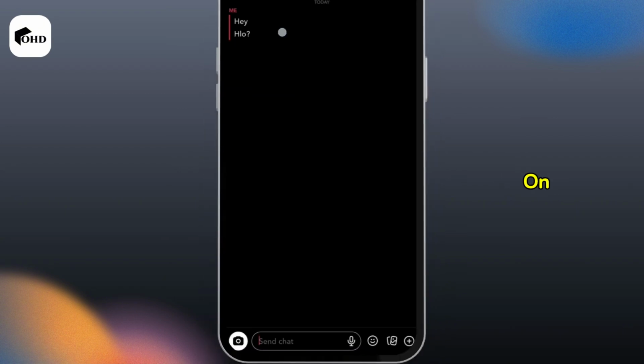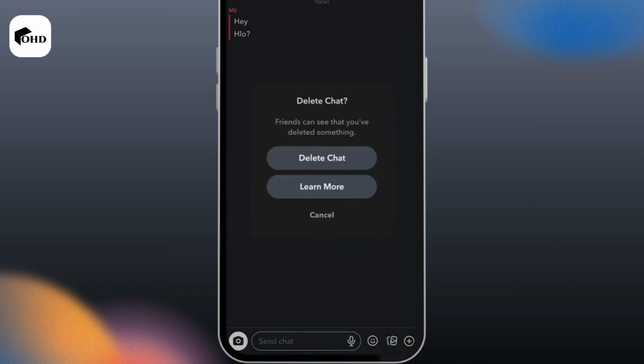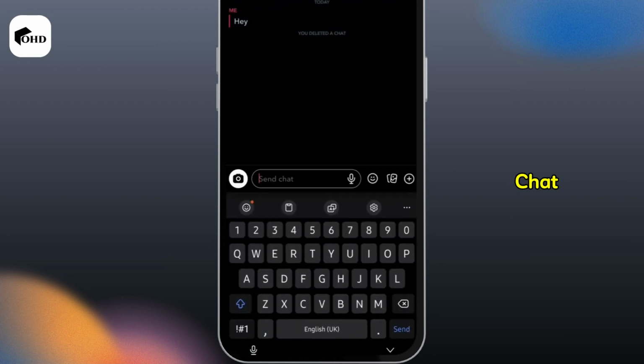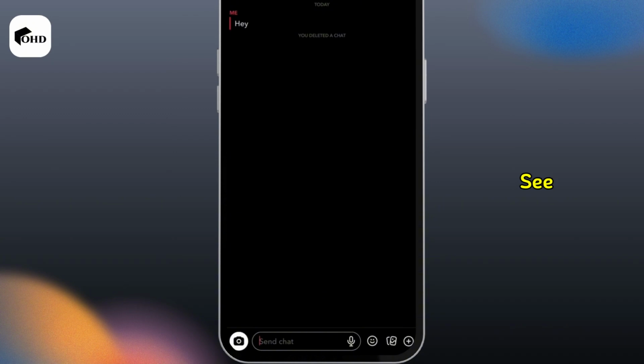So I'm going to tap on this specific message right here, this hello message. So long tap onto the message which you would like to delete, then select delete. It says friends can see that you have deleted something. So go ahead, select delete chat. And as you can see, the hello message is now deleted, but you can still see that you have deleted